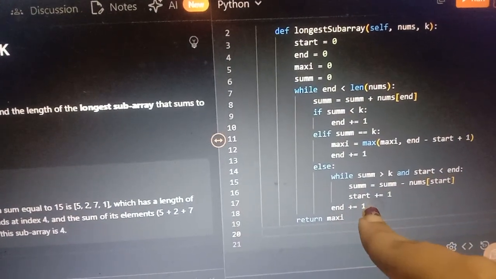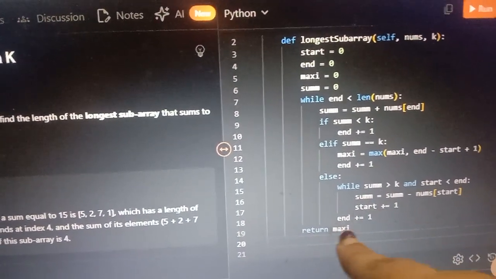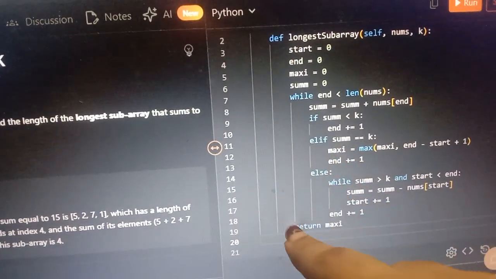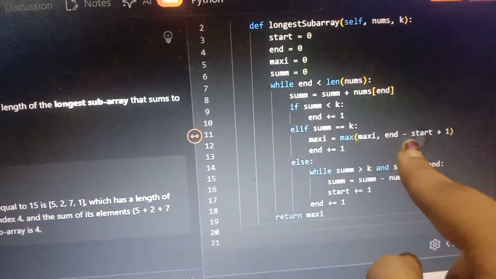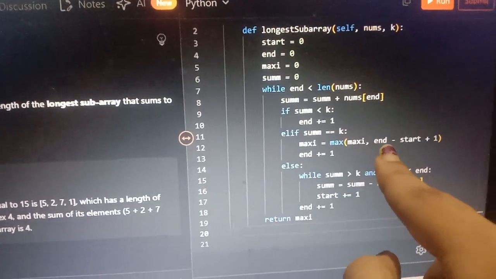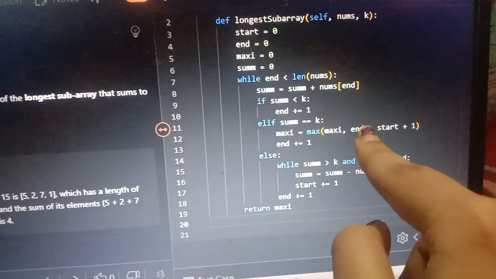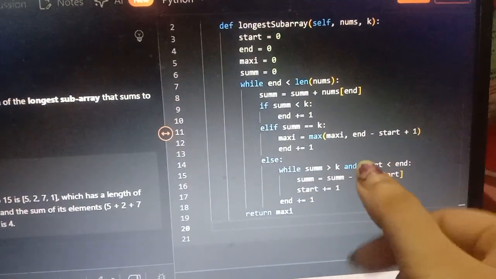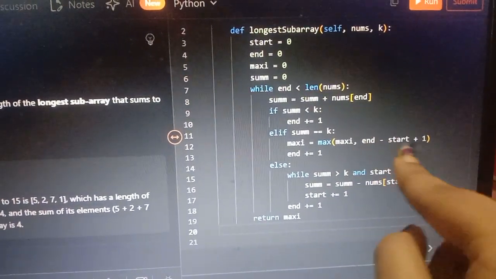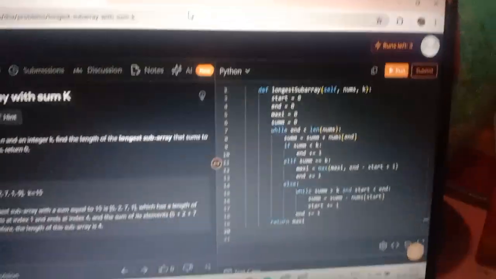So after we are done with this, we return maxi. Maxi is just returning the maximum length of the subarray. And as I told, how are we going to get the subarray length? We are going to get it from the window length that we calculate like this. This is the formula for calculating the window length. So this is the code,